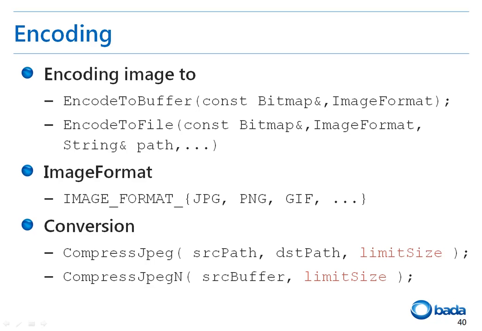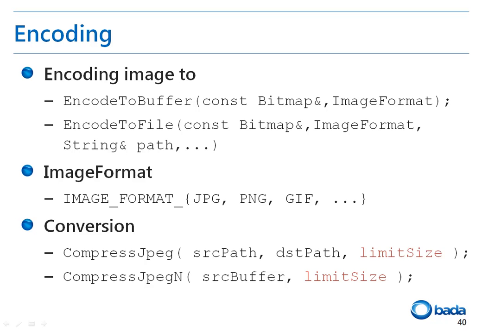The encode to file function converts the bitmap image to an encoded image and returns the encoded file if the necessary information, including the bitmap, image format, and file path, is given. In this case, the supported image formats are image_format_JPEG, image_format_PNG, and